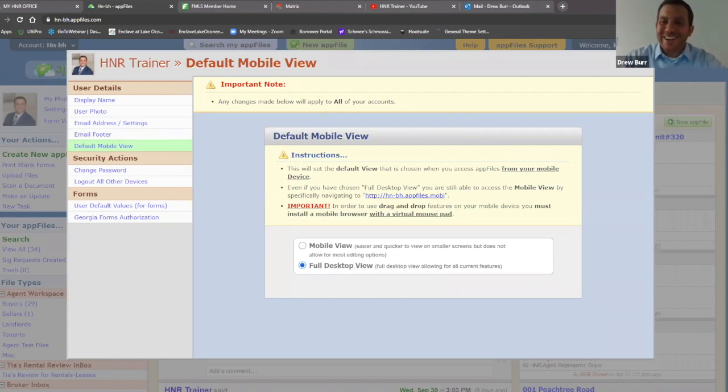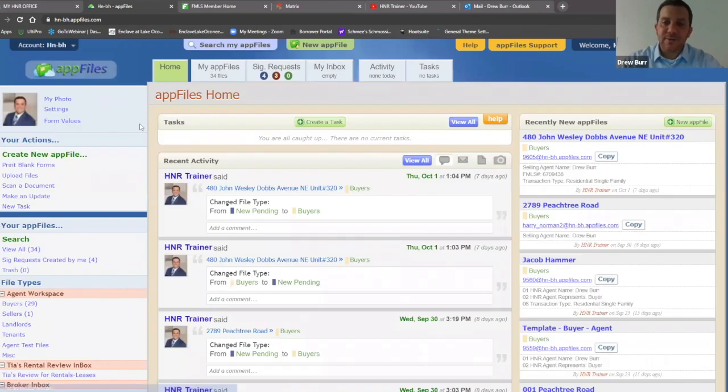All right. The next thing I want to cover, which is extremely important, AppFiles is all about pre-filling information. Any chance that you have to put information in, do it. If it's a night with a glass of wine and you're just getting caught up knocking out a whole bunch of pages with extra information, this is where you could do it. Under the Form Values tab,